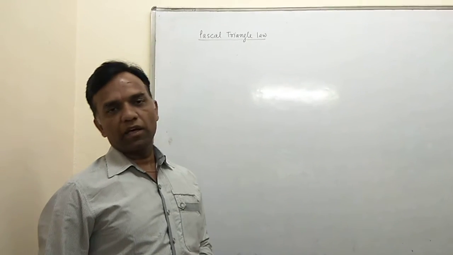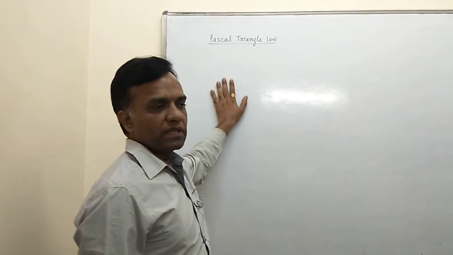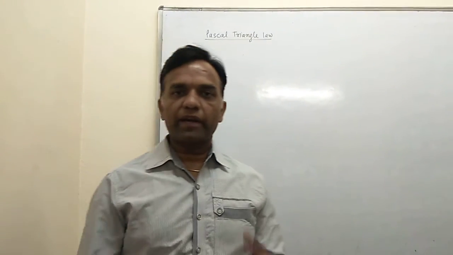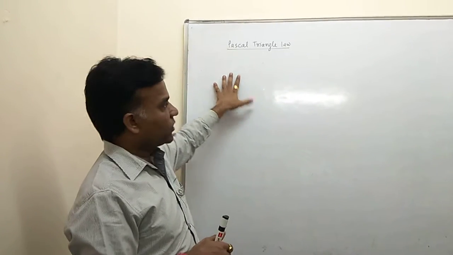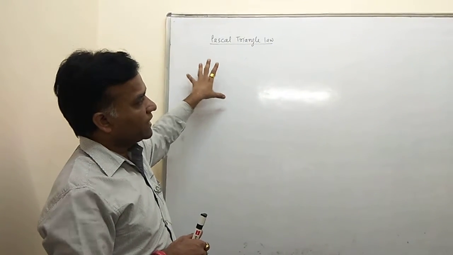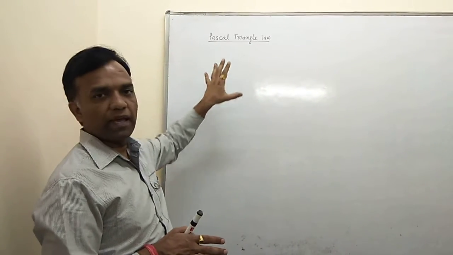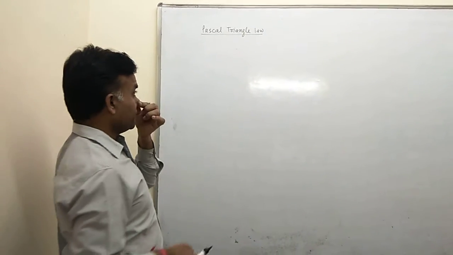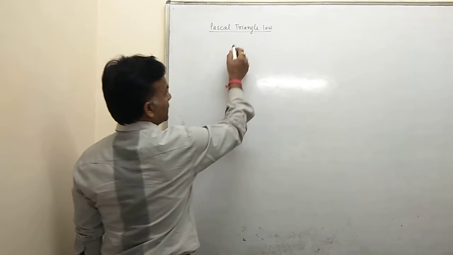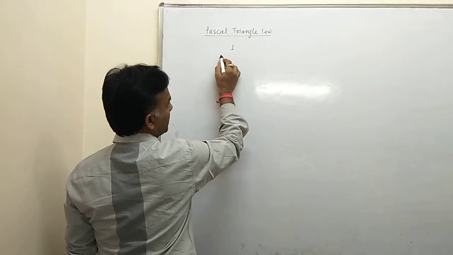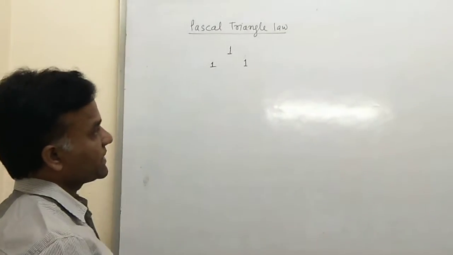Basically, all these identities depend on Pascal triangle law, because each and every identity you can create with the help of Pascal triangle law. This is very easy going. You can find any identity, of any power, with the help of Pascal triangle law. Pascal triangle law depends on the coefficients. Like here you have 1, and then they travel in the form of a triangle, so this law is called Pascal triangle law.